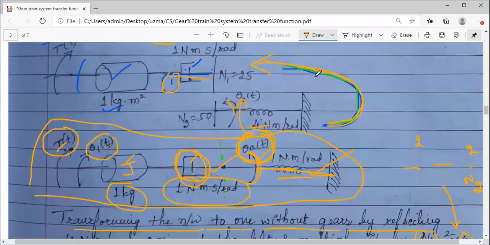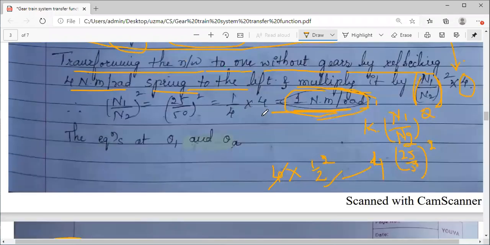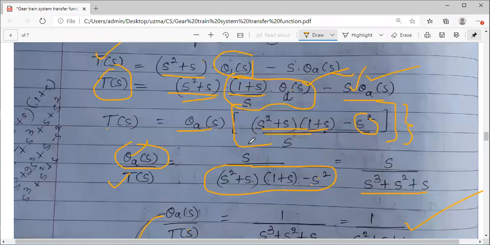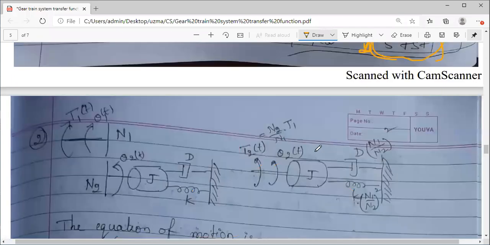Okay. Similarly, one more problem we will solve. The more problems you solve, the more perfection you will get. Okay. Let us take one more example. It is also simple. Here the values are not given, but generally J, N, K, these values are there. This is your given system. You have a torque, you have theta1, you have J, you have K, and a viscous friction coefficient. Instead of B, they have taken D.